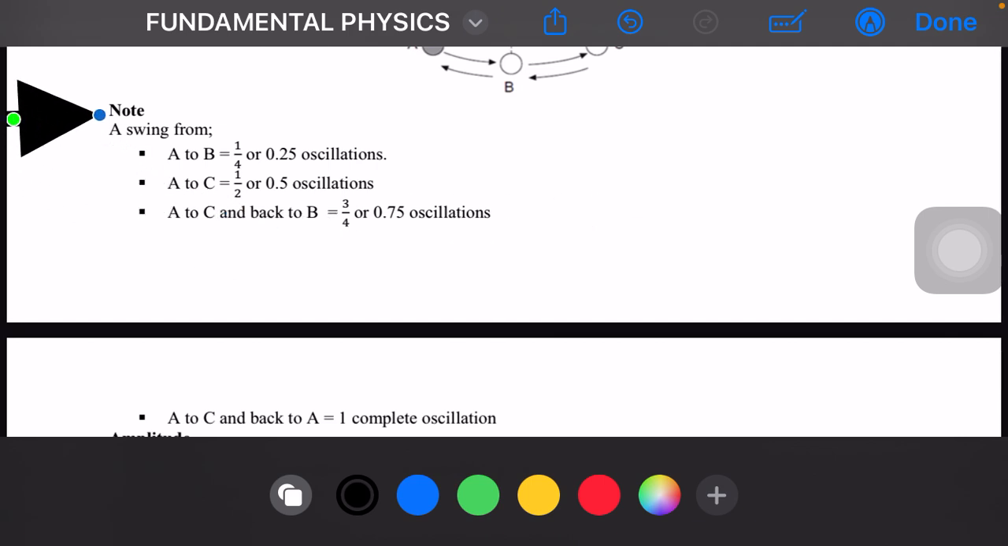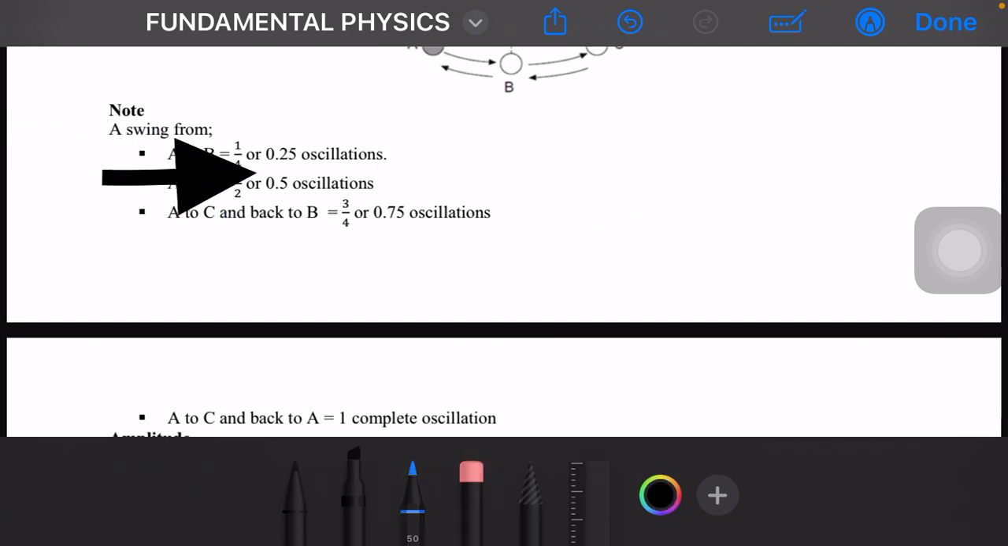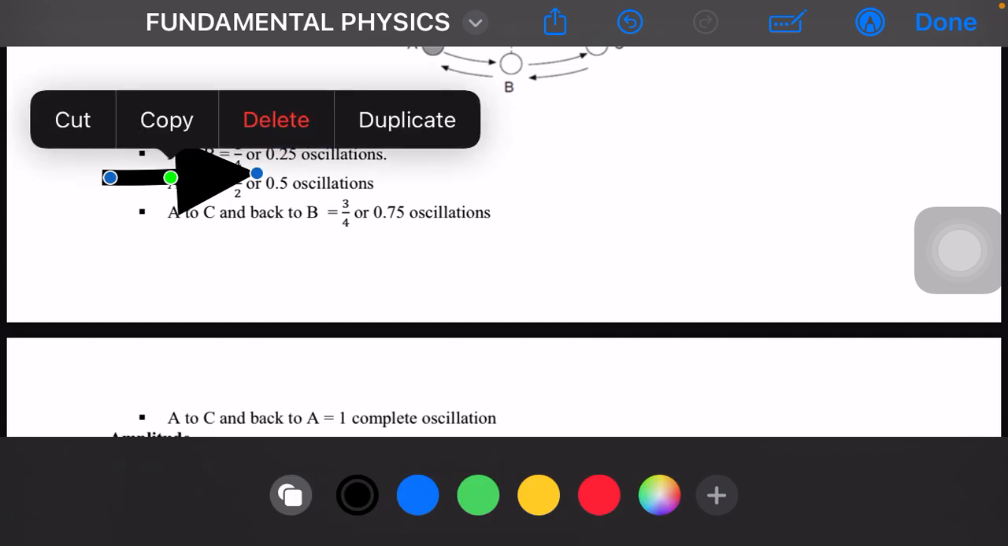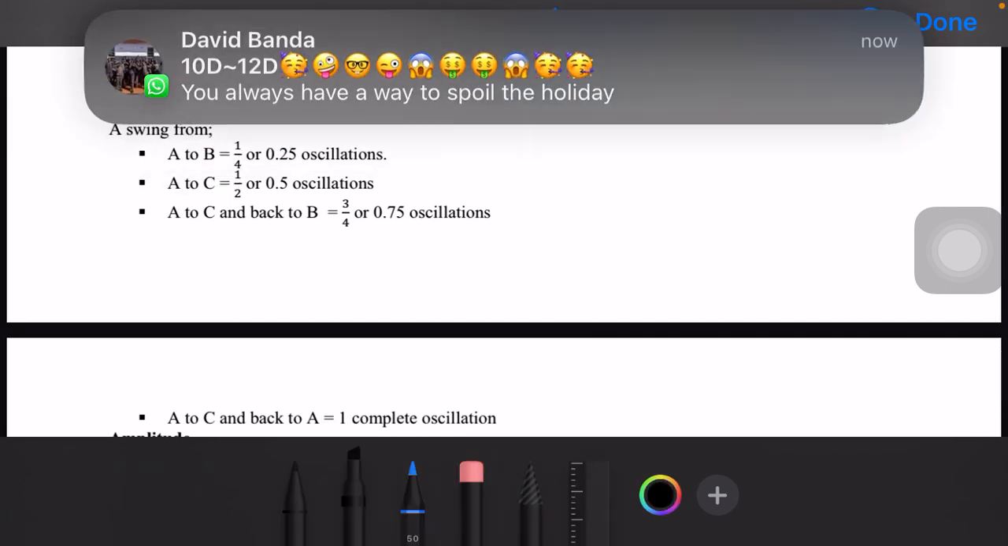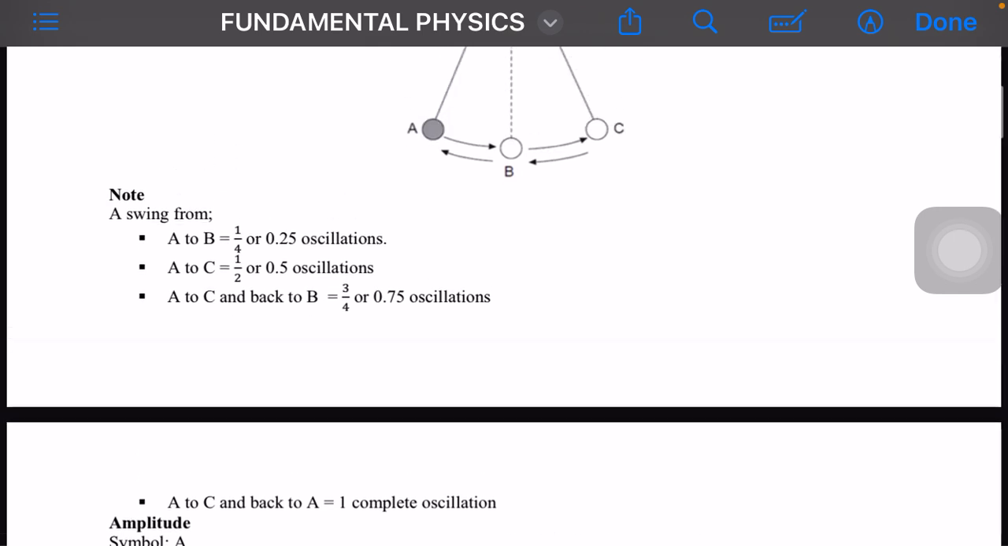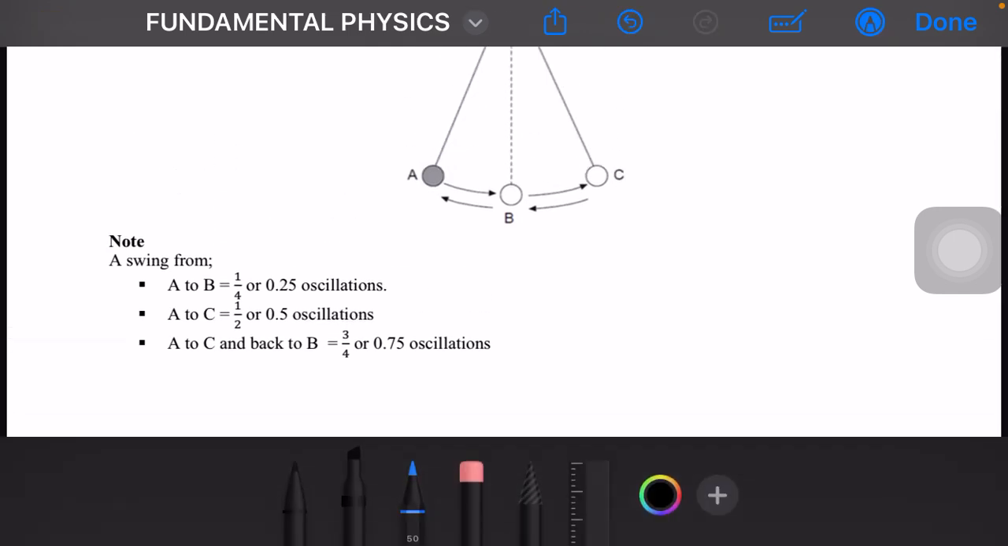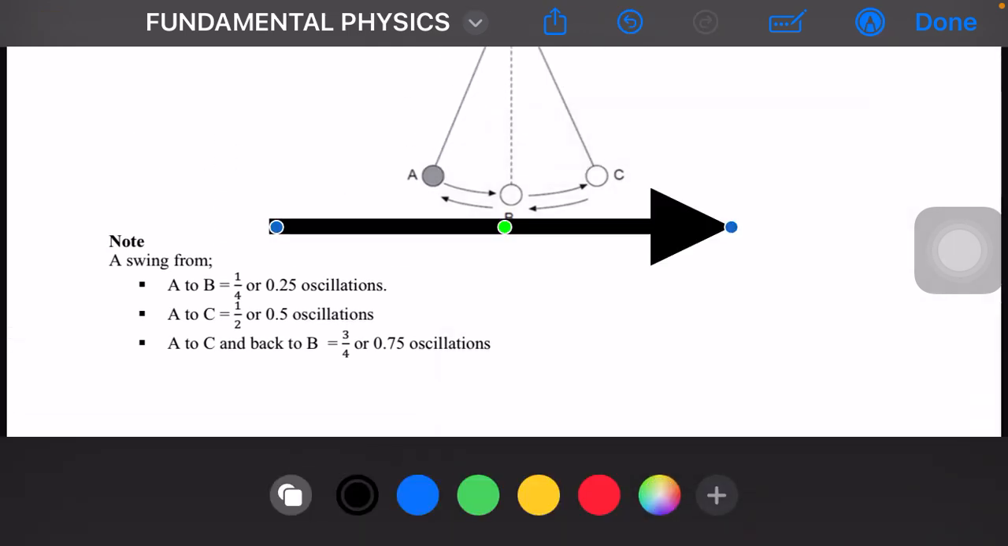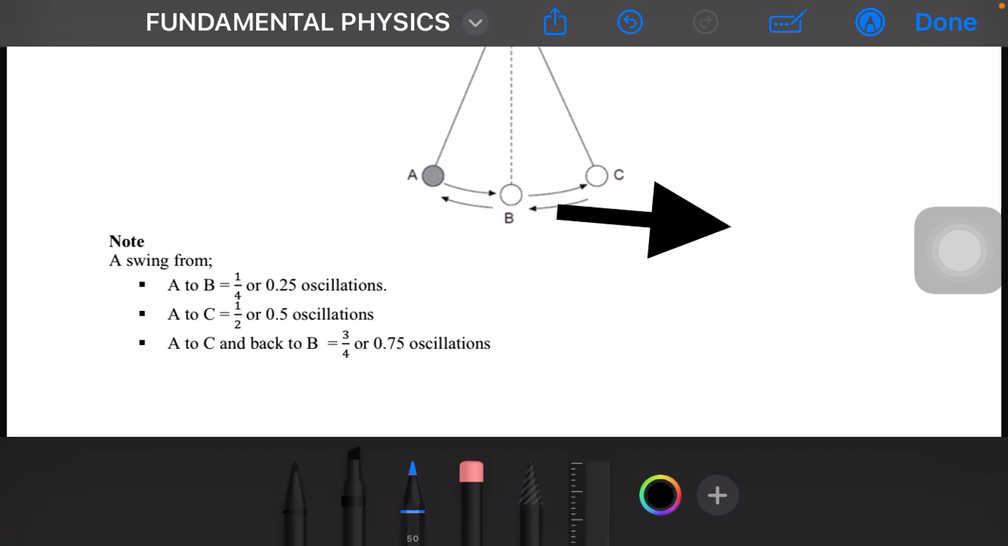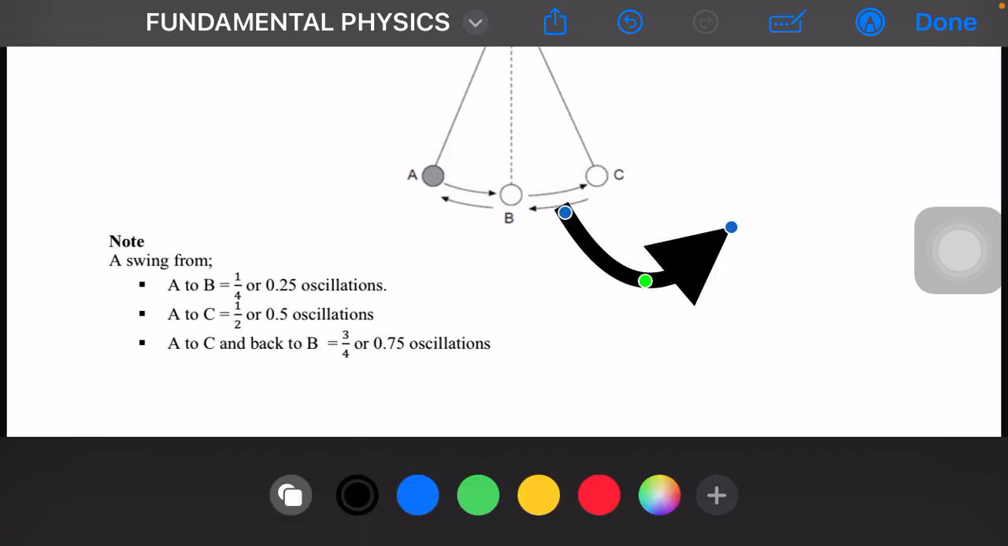Okay, so you need to note that a swing from A to B. When they say a swing from A to B, let me just get the diagram properly. I put it properly here. Yeah, I should be able to see when I do this. Okay, so we have